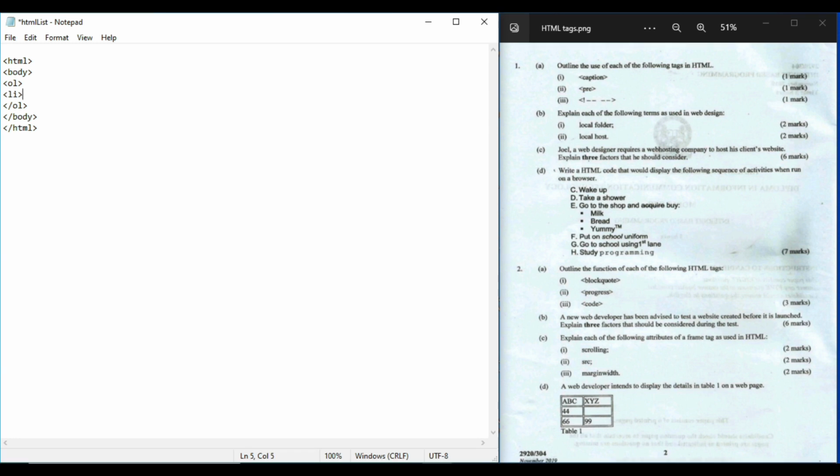It doesn't really matter whether it is ordered or unordered. And then we're going to type wake up. Then close the list tag.